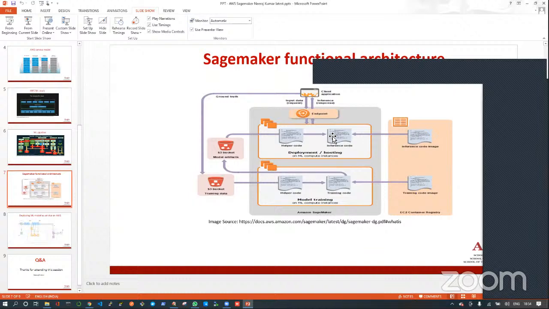So it will keep this container up and running, and it will also create an endpoint. Behind the scenes there are many things; I don't have the time to explain them all. It creates a load balancer, all kinds of ELB, elastic load balancers, and it creates various replications of your models in different zones. That's why it provides availability and redundancy. So it's not only hosting your production model in one location, it is making it available in multiple.